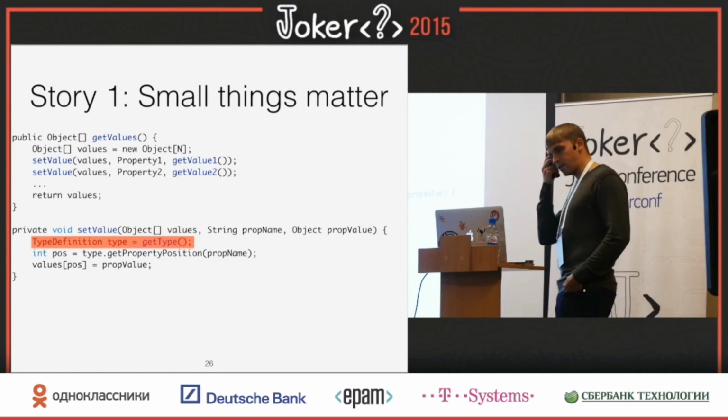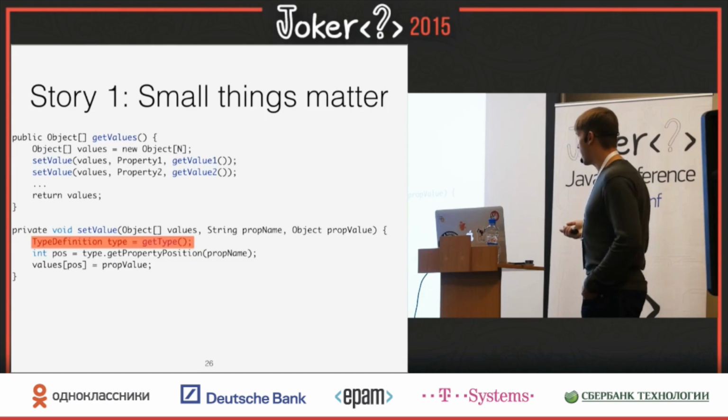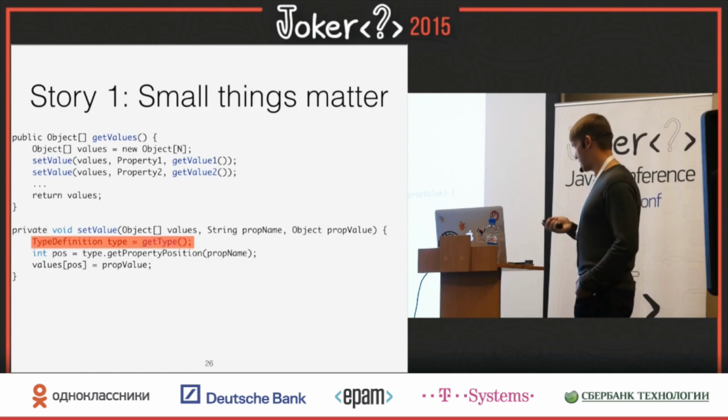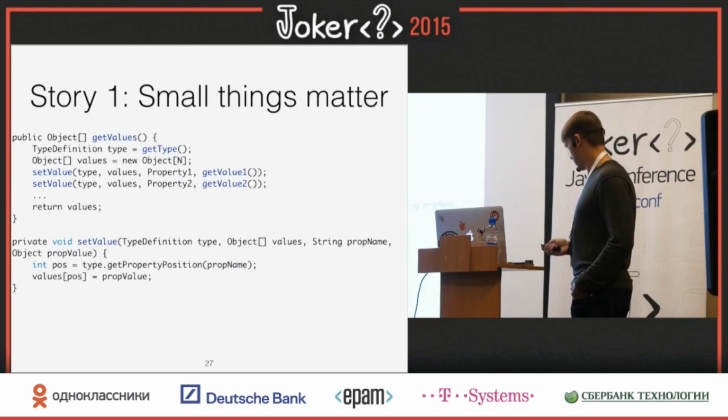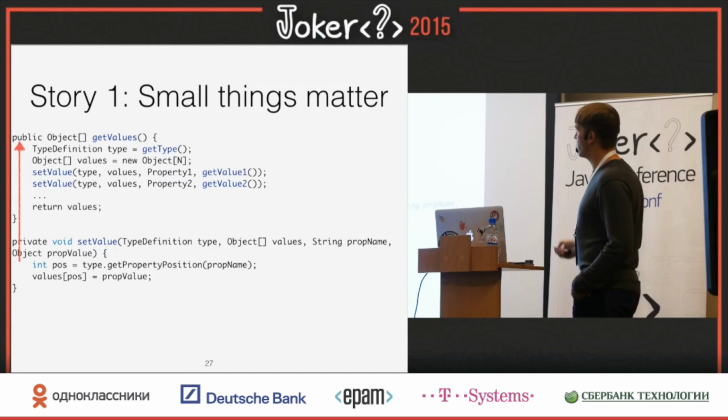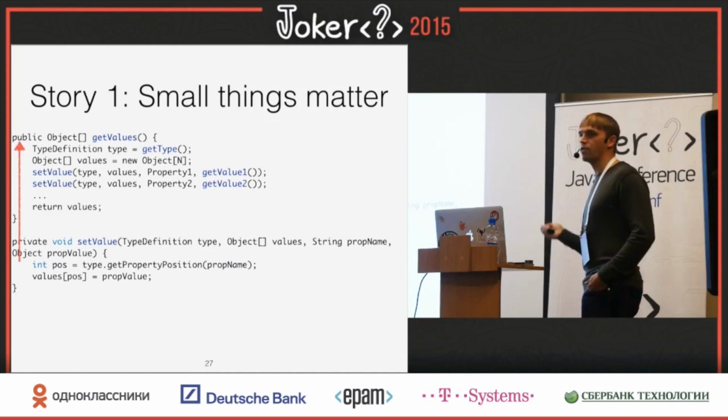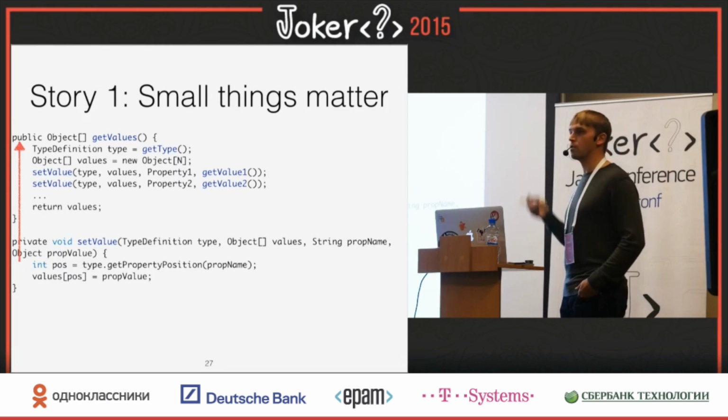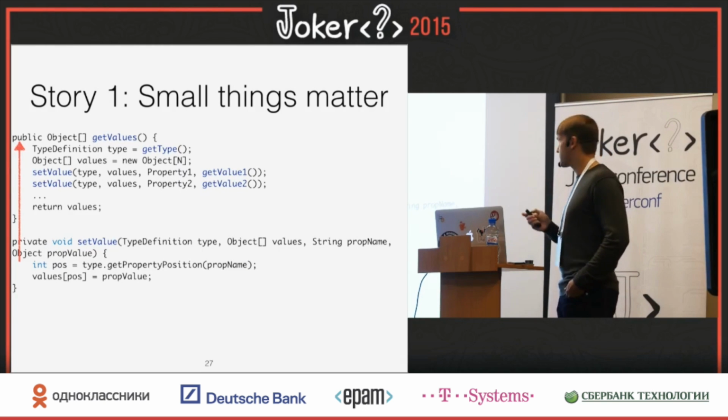The problem is at that time we didn't have an easy way to fix it. So it's like, okay, this is expensive, this hurts a lot, how do we fix it? Well, how about we do this? We took this line from here and we moved it up. We just said, hold on, you're calling the method setValue, and every time it does getType. Why can't we call getType and pass it on? So let's say if I have 50 properties, I just reduce the calls to getType by a factor of 50.